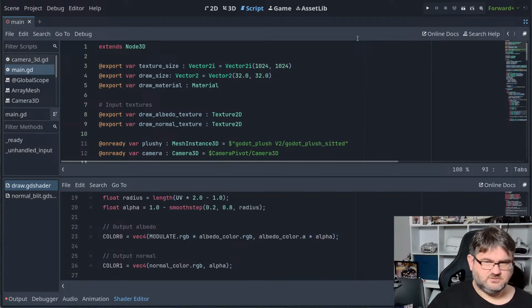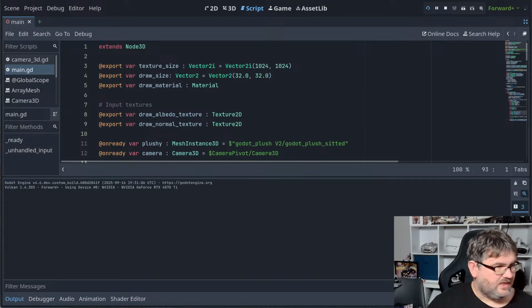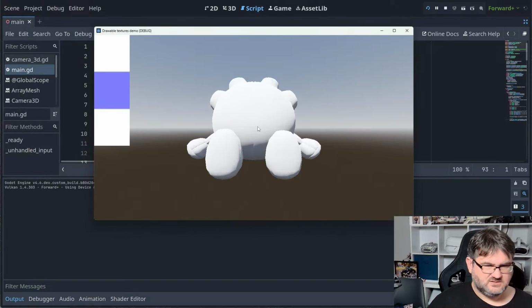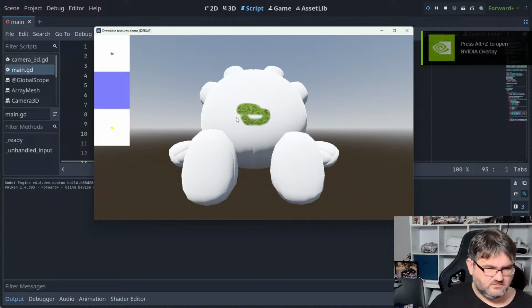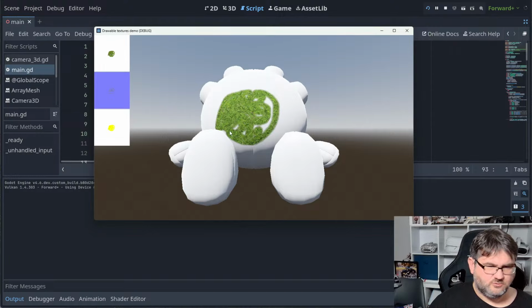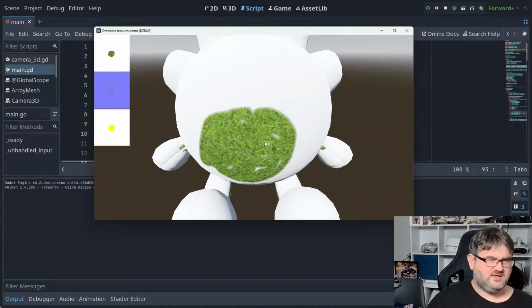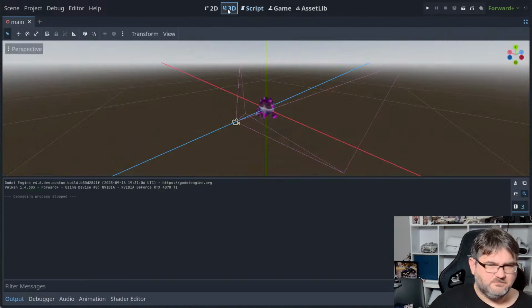All right, so now if we run, we haven't set up any textures. That's nice and white. So when we draw here, we should be seeing, well, I guess yellow is good because that means full red and full green and no blue. Now, again, this is not really a helpful texture to really see that working, but in theory, we should now